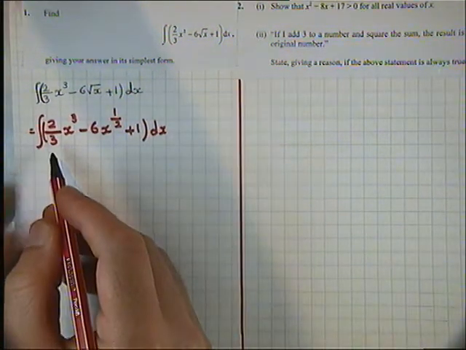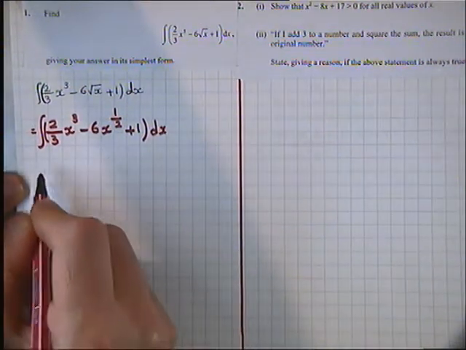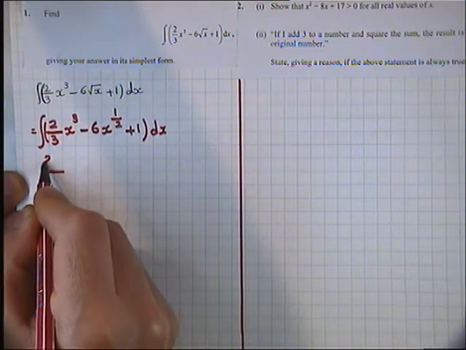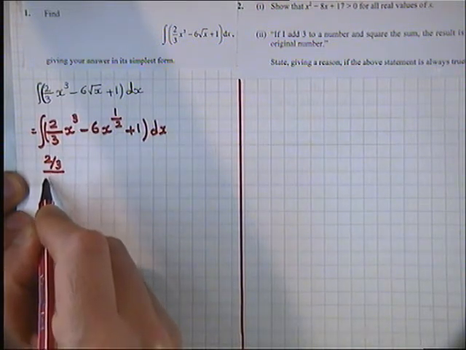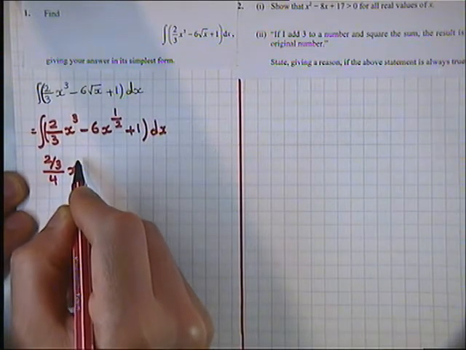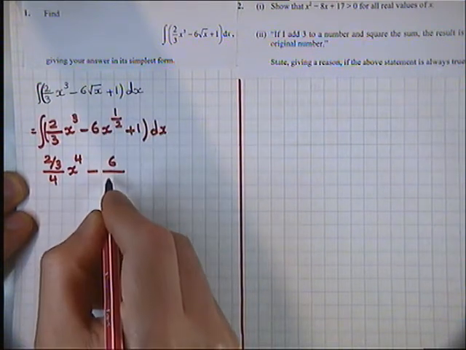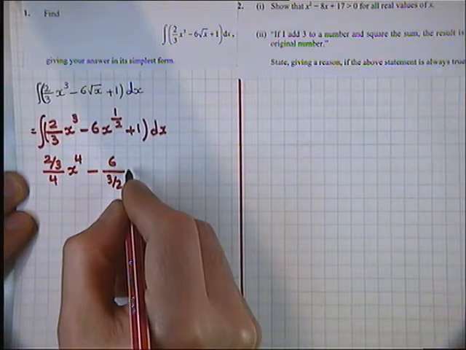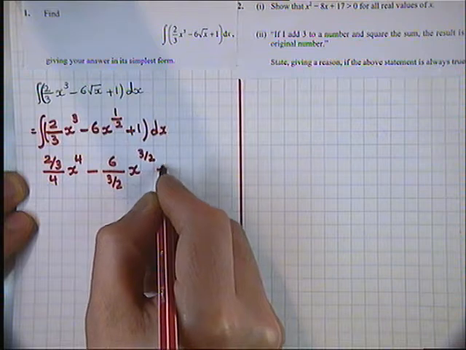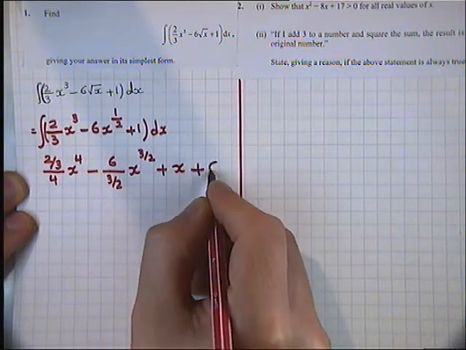So we know that integration of 2/3 of x cubed is equal to, so let's write down the full solution for this one. 2/3 over 3 plus 1, which is 4, x to the power of 3 plus 1, which is 4, minus 6 over half plus 1, which is 3 over 2, x to the power of half plus 1, which is 3 over 2, add integration of 1, which is x, plus constant c,